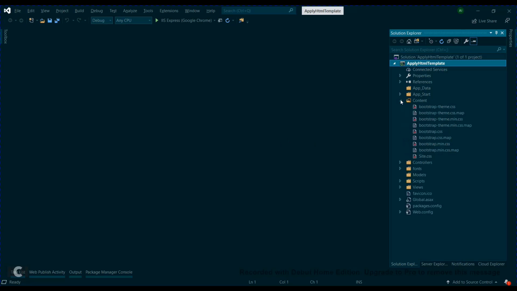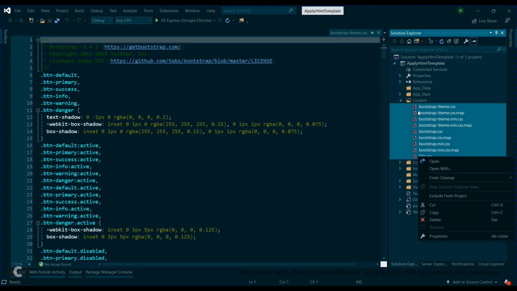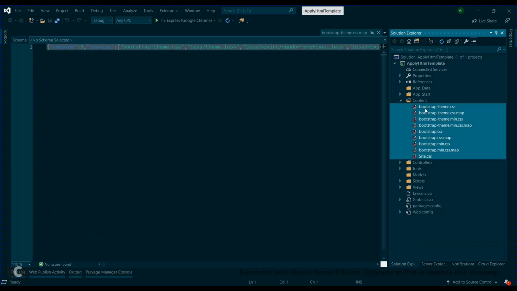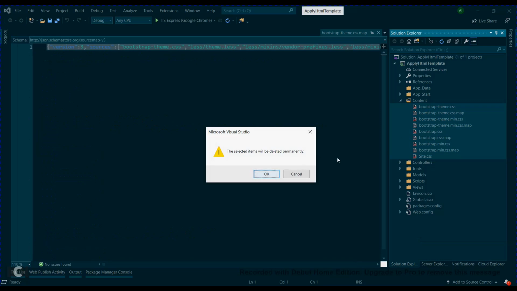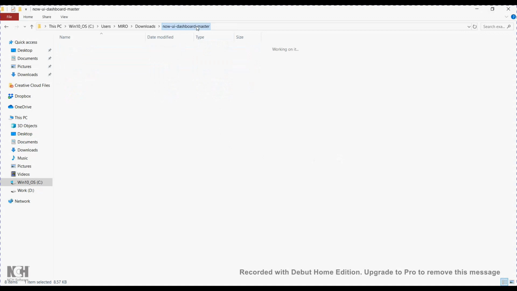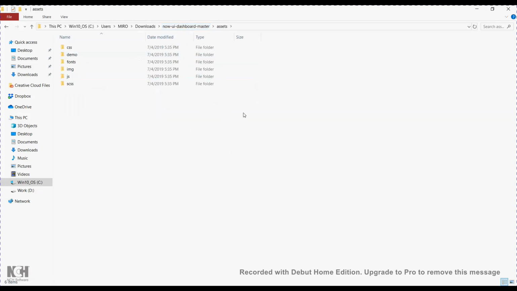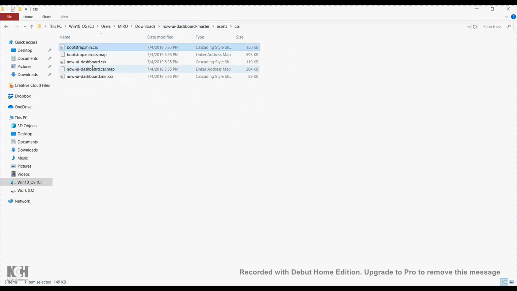First of all, I will delete this file from our project. Why delete it? To not make any conflict with the files that I will copy from the HTML template. In our HTML template, we have CSS files here, we have Bootstrap, all files required to make it